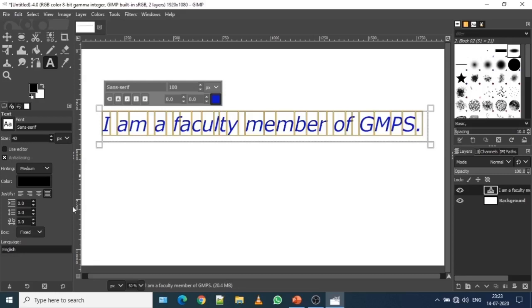So that is it for today. In the next topic, I'm going to show you a time for action which is given in your book, and according to that time for action, I will show you the practical part in the GIMP application.